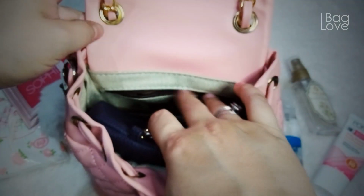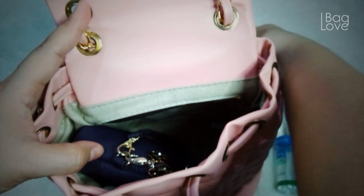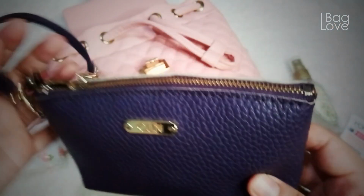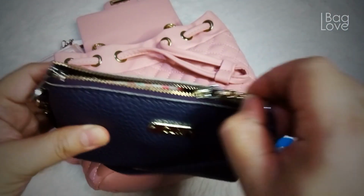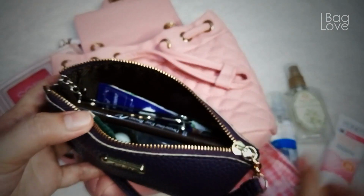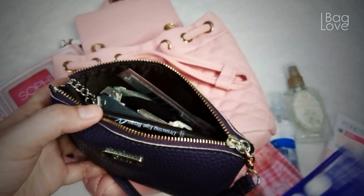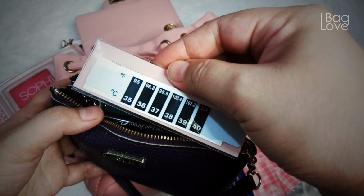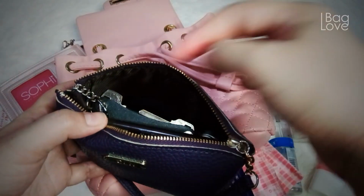And then inside, I don't have anything in the inner pocket, so I have my phone, and lastly I have a pouch, a carry-all pouch from CLN. So let's open. I have here some panty liners, and also some paracetamol for headaches, and then I also have a thin thermometer, a band-aid,